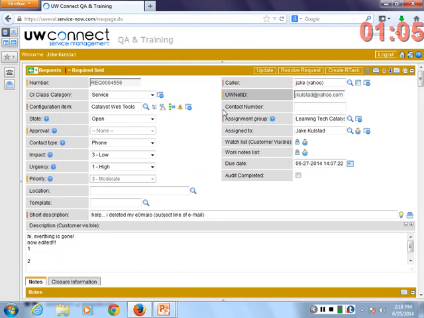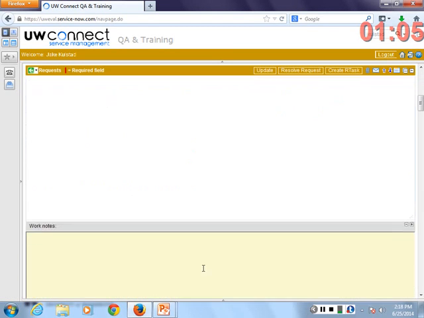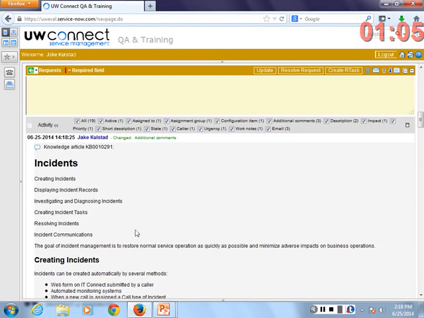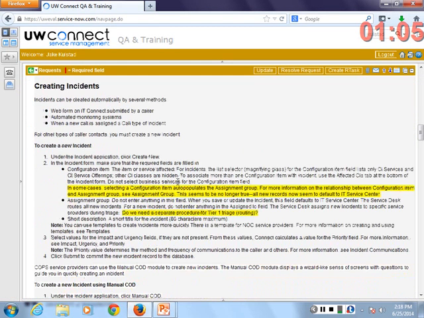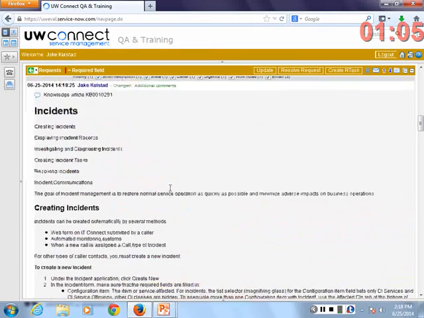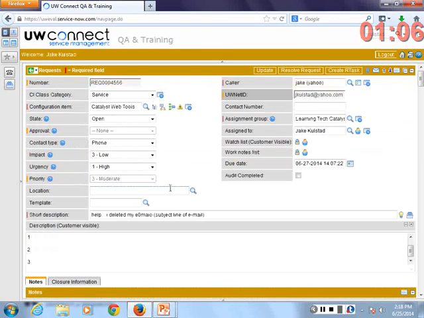I wouldn't send out an article to a customer unless I knew that article looked good when I sent it out. So my comments got scrubbed and pushed down to my work notes, and here you can see the formatted response to the customer with all the HTML formatting intact. So you have two options when using knowledge in that regard. Everyone okay with that? Good.